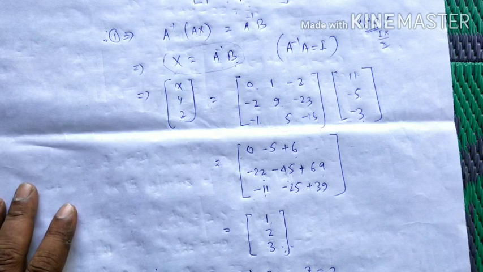Now what is your job? You have to put the values of x, y, z in any two equations, and if these two equations are satisfied, then you are confirmed that your answer is correct. Since two equations are satisfied by the values of x, y, z, the third equation will automatically be satisfied. You don't need to check. So this is a slightly different problem, where you are not using the matrix method directly. First you find A inverse and then use A inverse in the matrix method and get the solution of the system of equations. Hope that you understand.